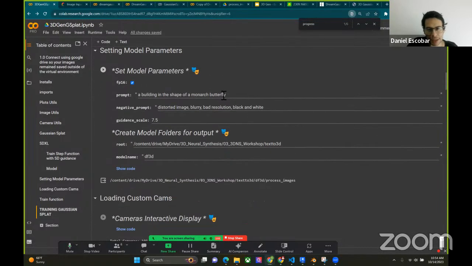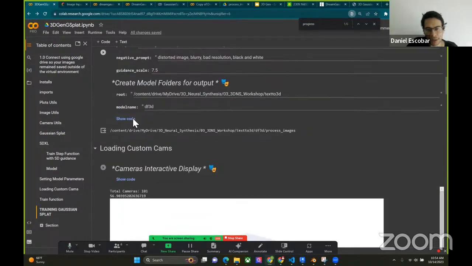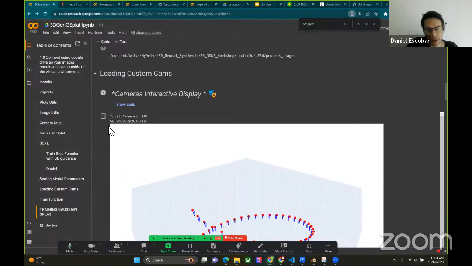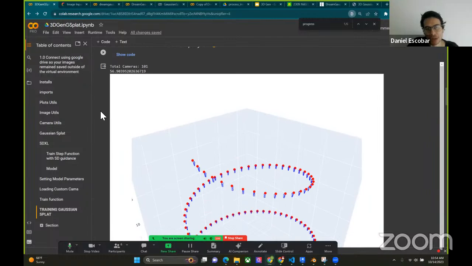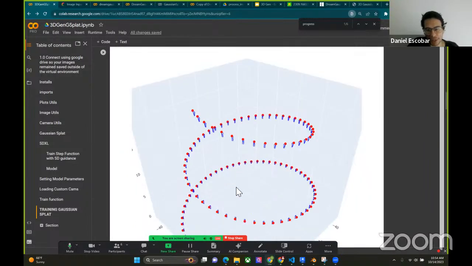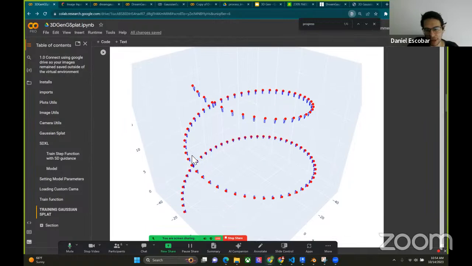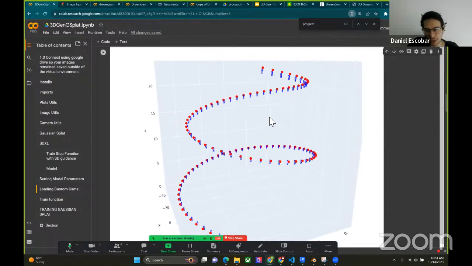The idea behind this is that you can take a prompt and a negative prompt, and then input a set of cameras. You can allow it to generate a random set of cameras. Essentially, if you have an object in the middle, you can have it generate a sphere of cameras around it, all pointing towards the center of the object, or we can use the generated cameras that George created in